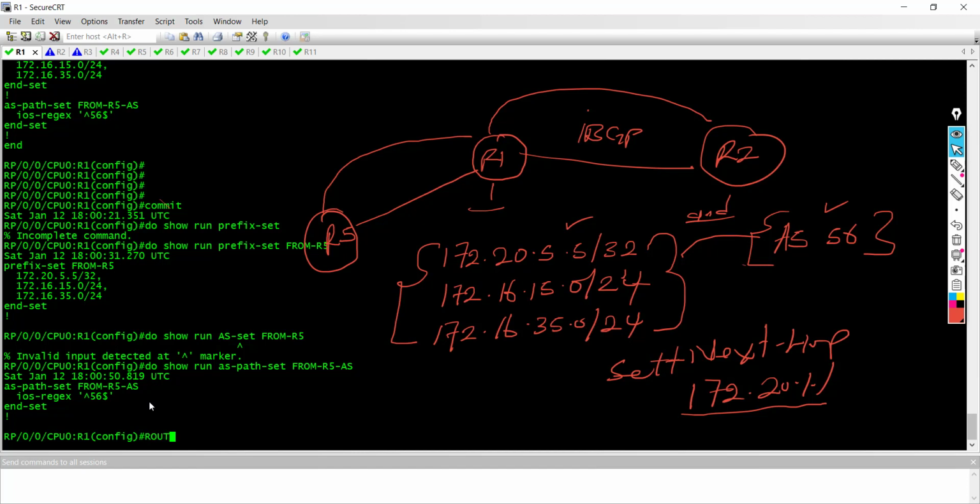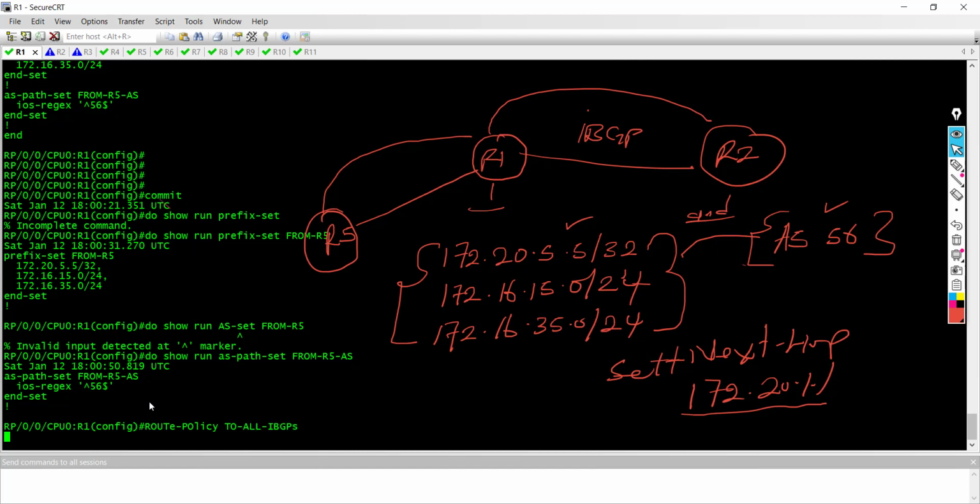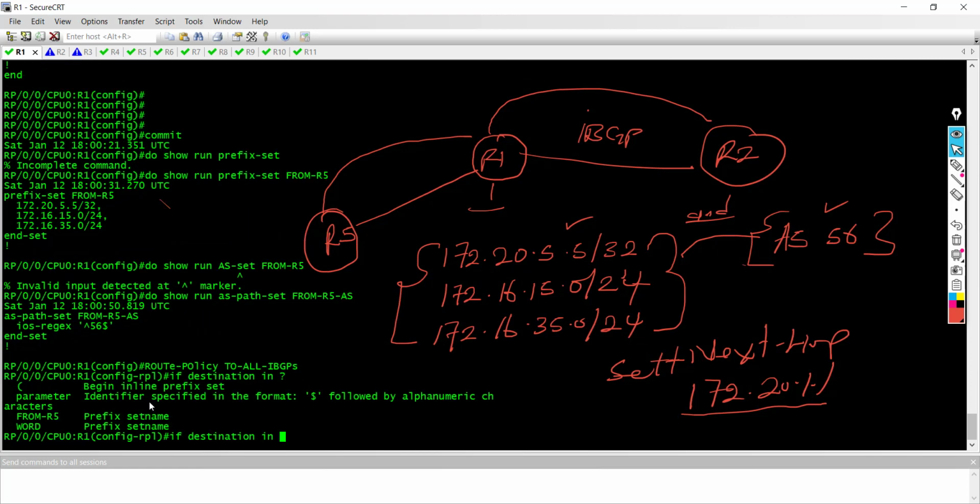All right, so I'm going to say route policy. I'm going to say route-policy to all IBGPs. I'm going to say if destination is in prefix set. If I use a question mark, you don't need to specify the prefix set, just specify the name. So if destination is in prefix set and the AS path information is in